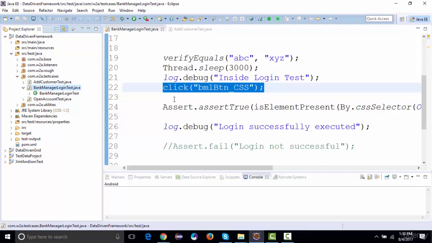So we need not go into each class. Wherever we have a logout functionality, we would otherwise have to go to each class and update it over there. We'll be creating a lot of common functionalities for that. We will be creating a lot of common utilities and we'll be optimizing our code a lot.